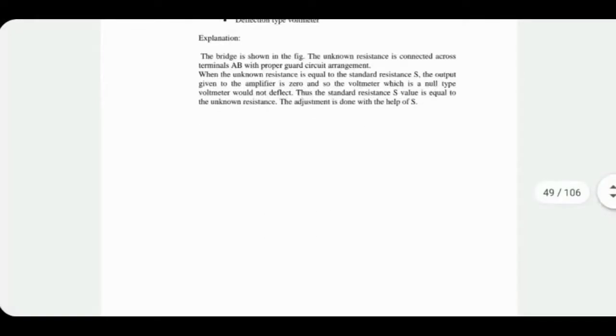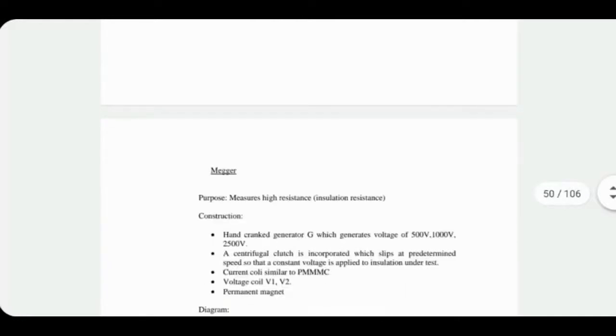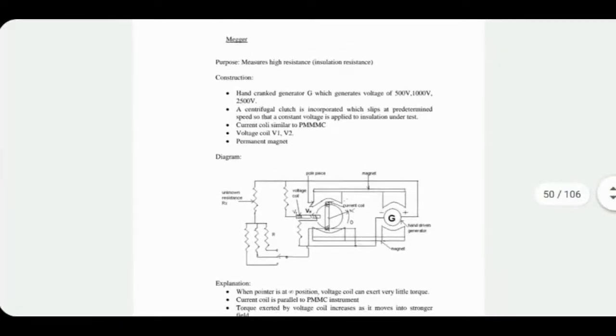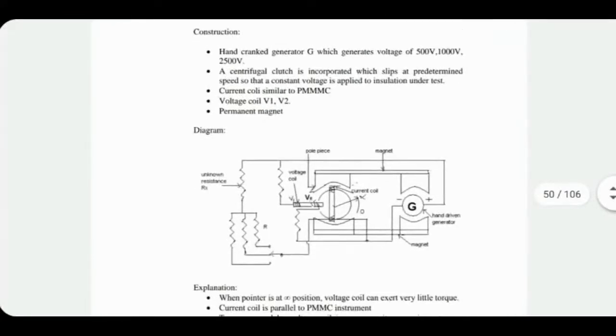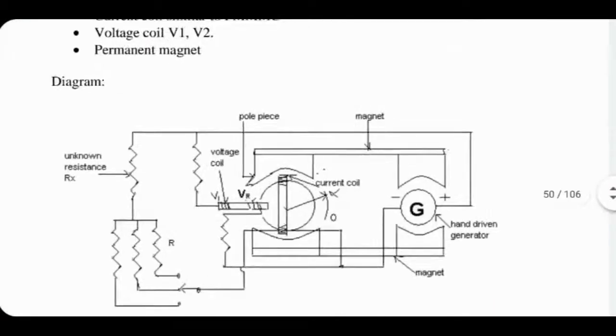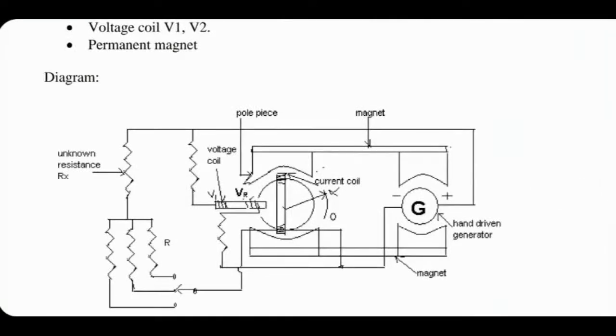But ultimately, in reality, you will find that the Megger is the one which is most commonly used. It builds in all the theory that we know. A Megger essentially is a device where you generate a high voltage by using a hand-driven generator and apply that high voltage to the unknown resistance and measure the current going through the resistance. There's a lot of practical detail here in this schematic. Probably you will not appreciate everything. So the deflection produced is an indication of the current, or actually is an indication of the resistance value. As simple as that.